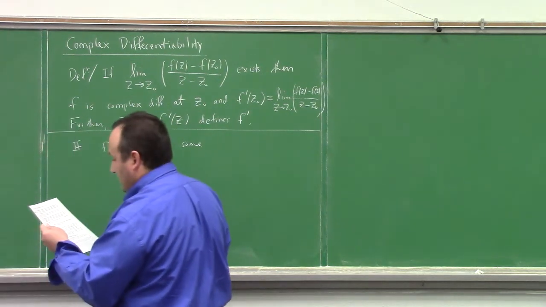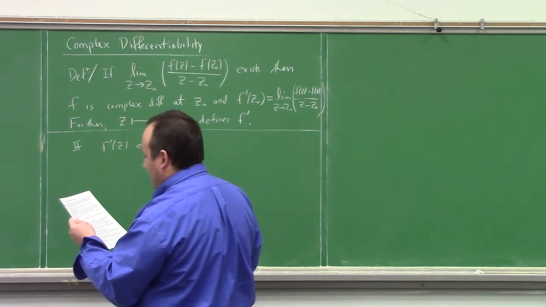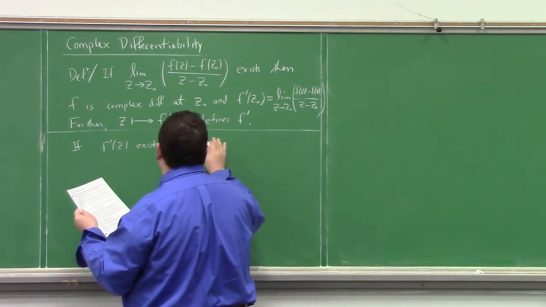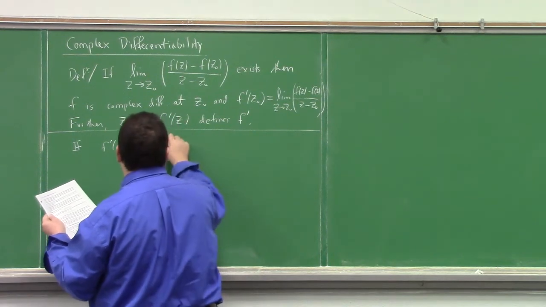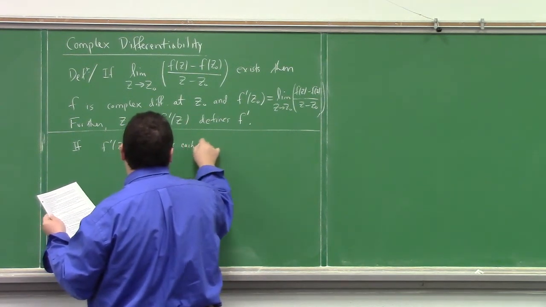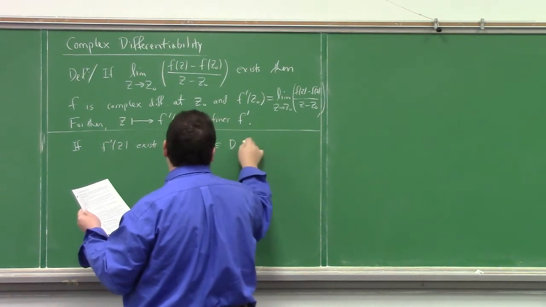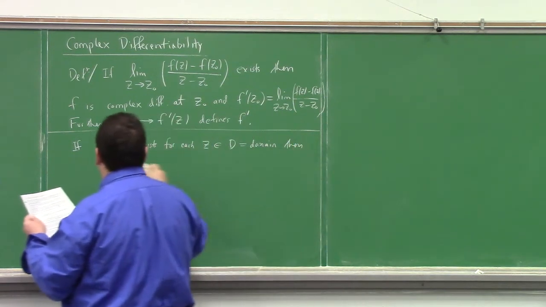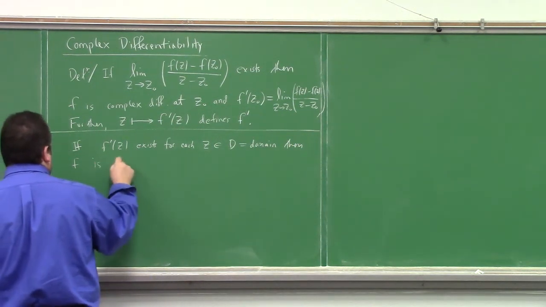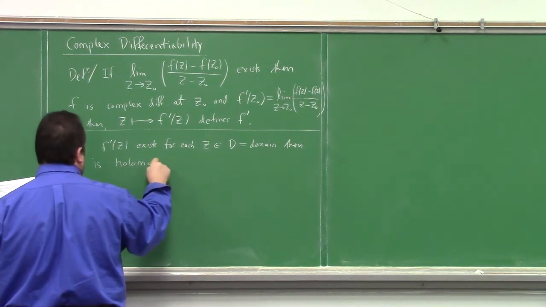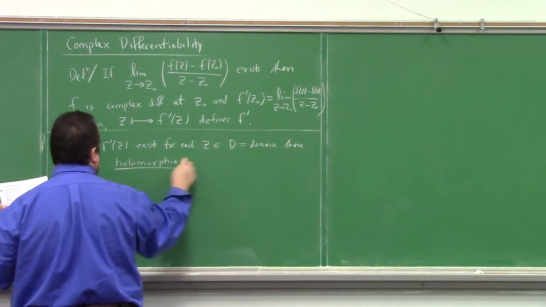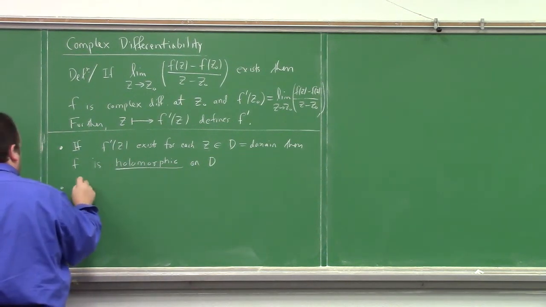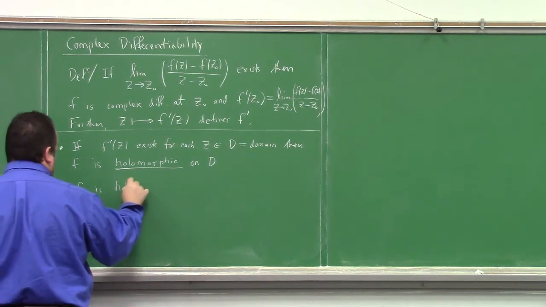If f prime exists for each z in D, a domain, then f is holomorphic on D, and f is holomorphic